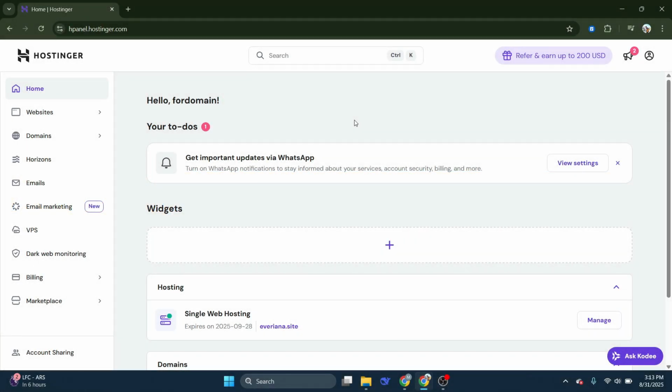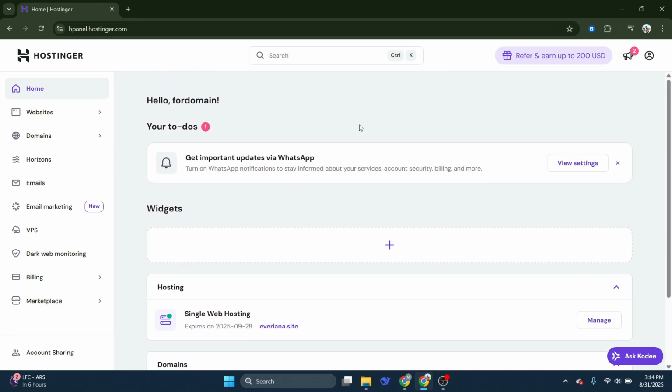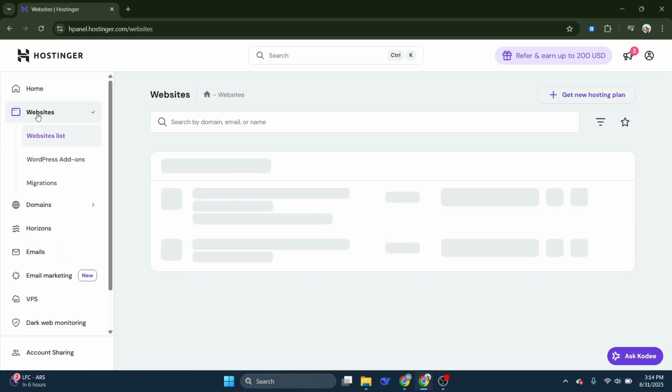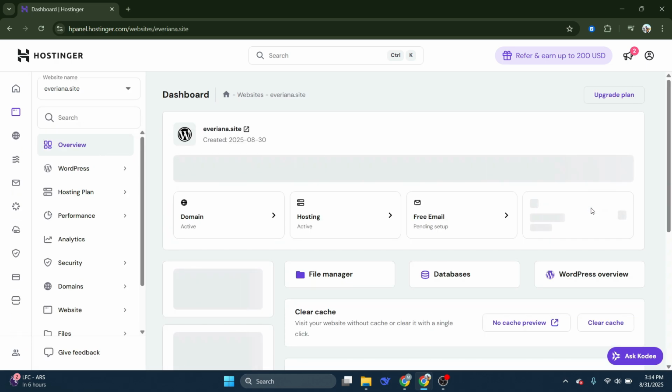First, open your preferred web browser and head over to hostinger.com. Here, after logging in, direct your attention to the Websites section. Here, you'll find a list of the domains linked to your account. Next to each domain, you'll see a dashboard button. Go ahead and click on it. This will take you to the dedicated dashboard for your chosen website, where you can manage its various settings and